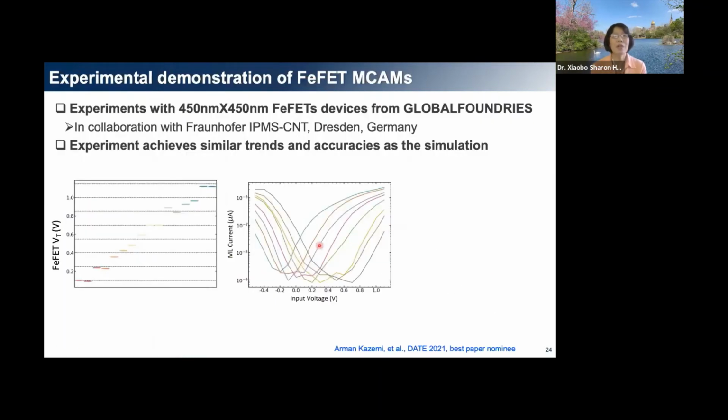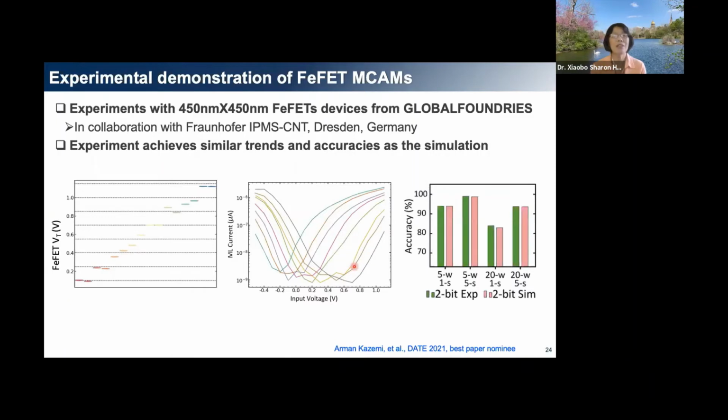The MCAM functionality, we actually demonstrated experimentally with a small array using the GlobalFoundries FeFET memory chip. Here I showed you 8 different states. You might say, oh, they still have quite some variations. But it turned out that if I look at the application level, this is a particular application